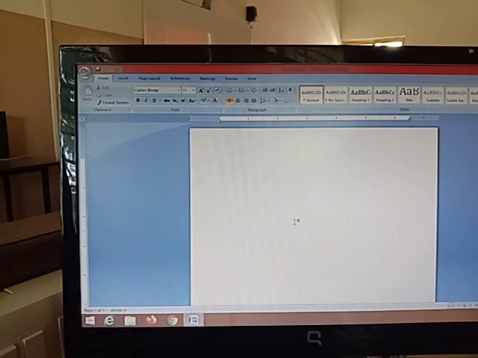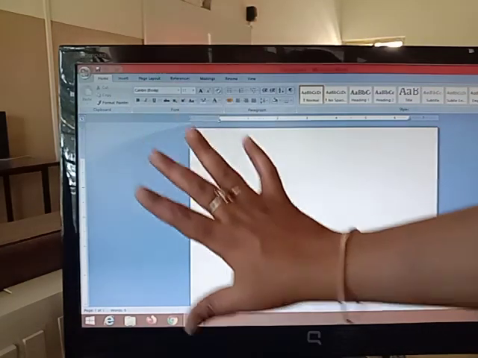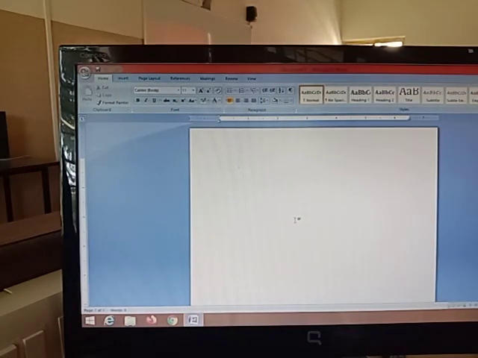It looks like WordPad. You all have learnt WordPad in previous classes. Yes, children, where we typed. So this exactly looks like WordPad, but it has more options. This is the first screen of your MS Word, children. Yes. Here at the top you can see there is an orange color bar.